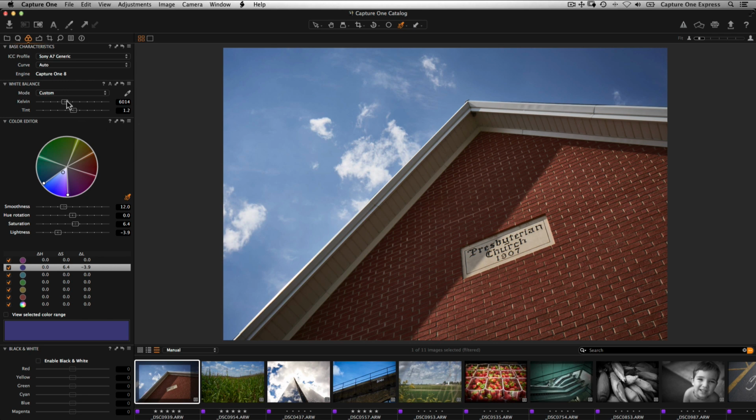To set the white balance manually, drag the Kelvin and tint sliders. To set the white balance with a preset, choose one of the available options in the Mode pull-down menu. The Shot option will be the values that were set by your camera at time of capture. To set the white balance based on a reference in the image, select the Pick White Balance cursor tool. Then click on a neutral area of the image or a grey reference target.